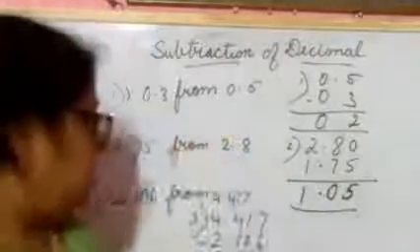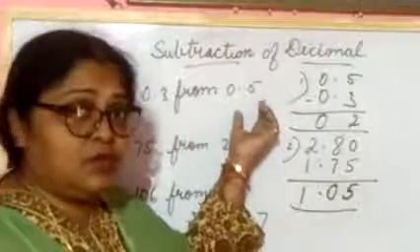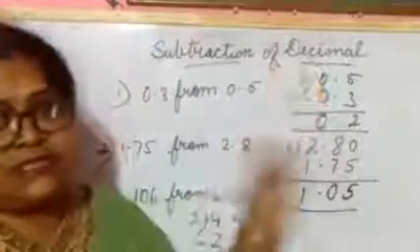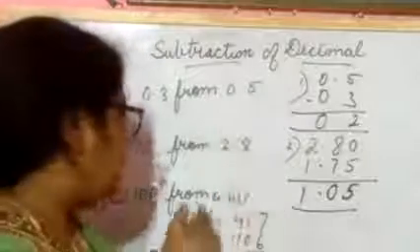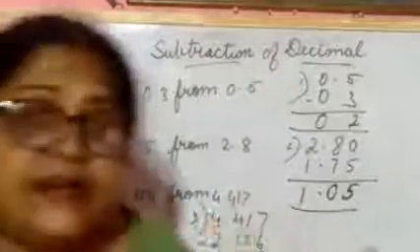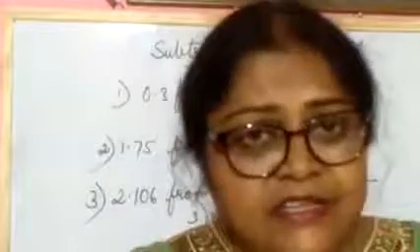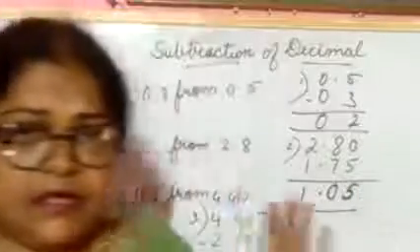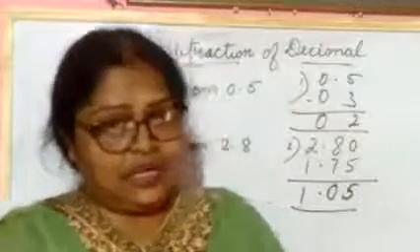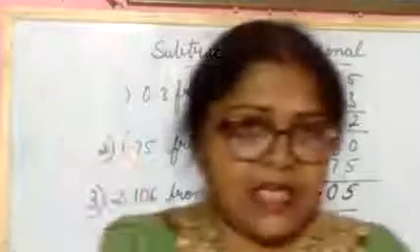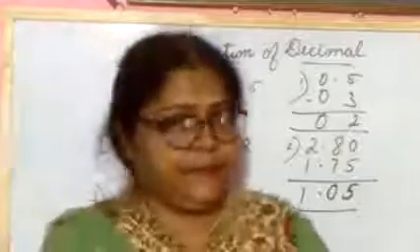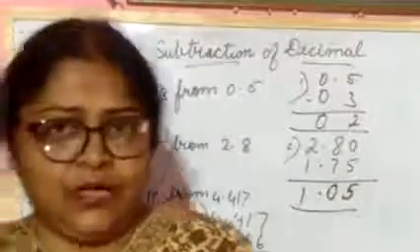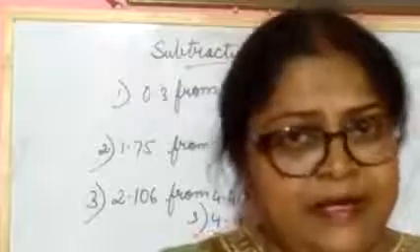2.311. Now it is clear to you all. If a question is given only in the tens place, you can do the subtraction. Tens and hundredths, you can do the subtraction. And if it is given in tens, hundredths and thousandths places, then also you can arrange the numbers and do the subtraction. Clear? So what have you learned today? Today you have learned how to do subtraction of decimals. Okay? So today this much only. Okay, bye bye students.